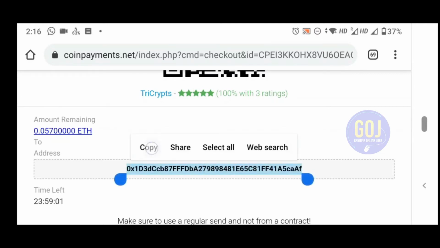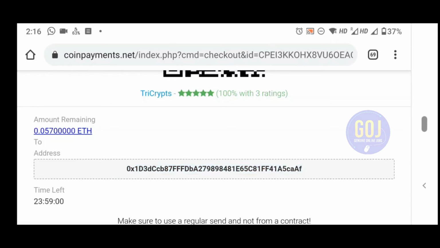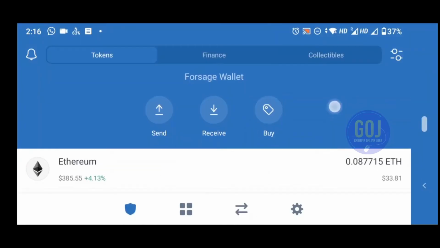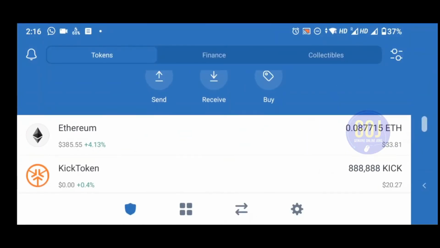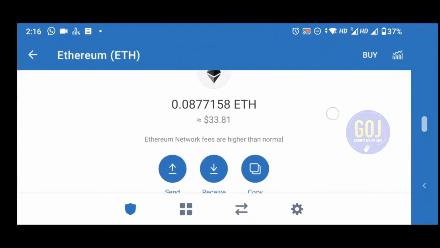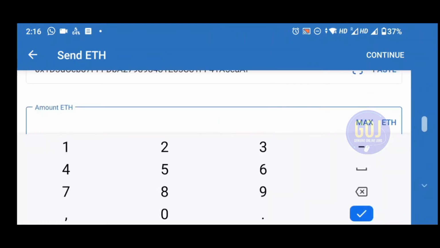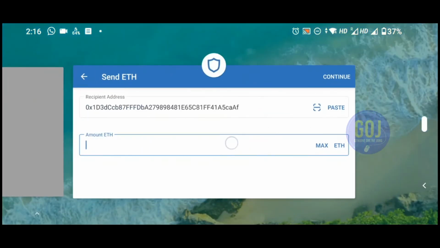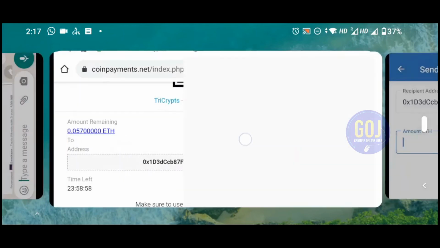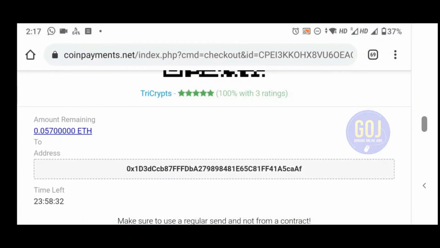So just copy the address and go to your Trust Wallet. In Trust Wallet, click Ethereum and click on send, paste that recipient address and enter the amount we have to pay. Another important thing here is we need to enter the amount which is shown here. It should be 5 digits after the decimal.